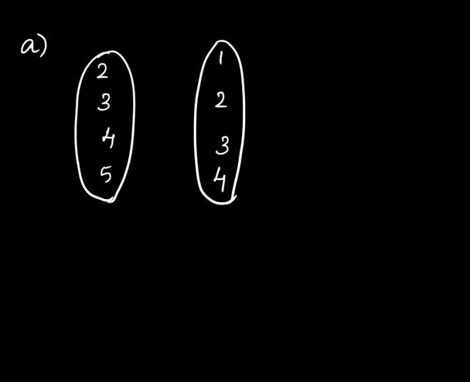So the first one is the arrow diagram. Write the x values 2, 3, 4, 5 and y values 1, 2, 3, 4. And we have seen 2 is related to 1. Then draw an arrow. And 4 is also related to 2. So this is how you represent a relation using an arrow diagram.